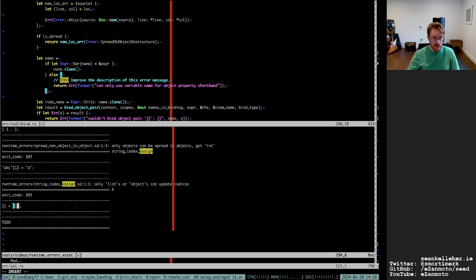So if, say, it was 1, then it would say can only use variable name for object property shorthand, which isn't a very friendly message, but not really sure what else to call it at the moment.